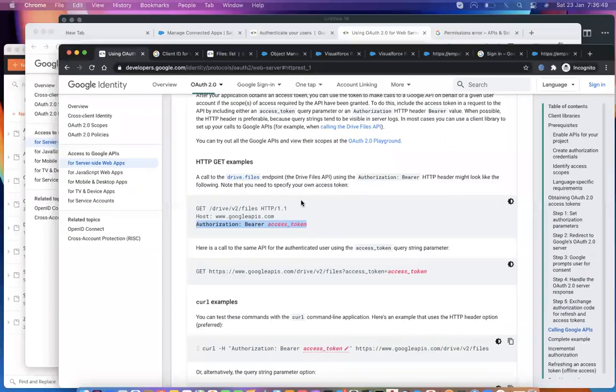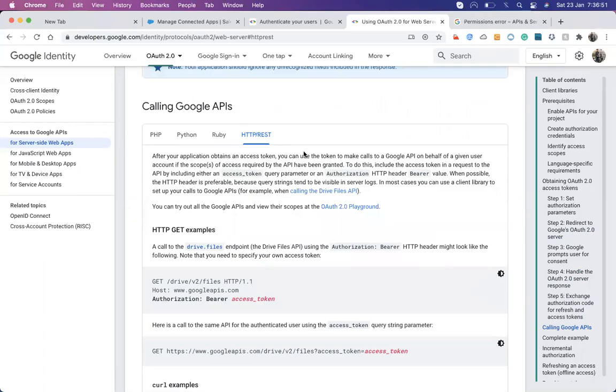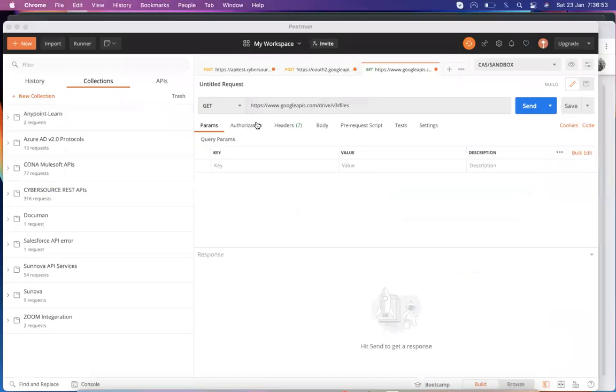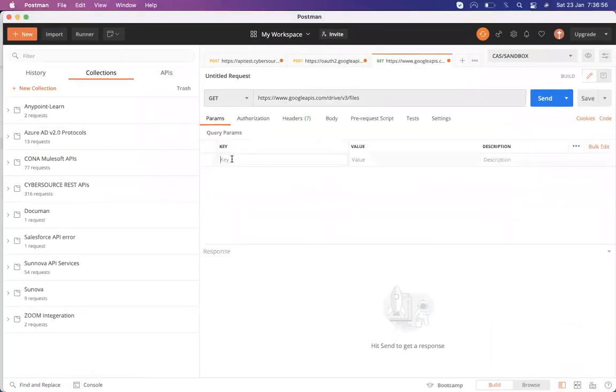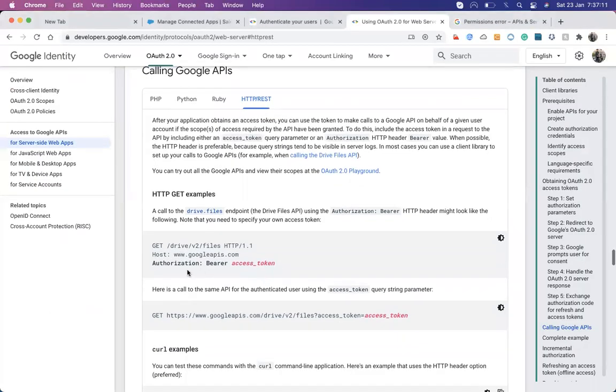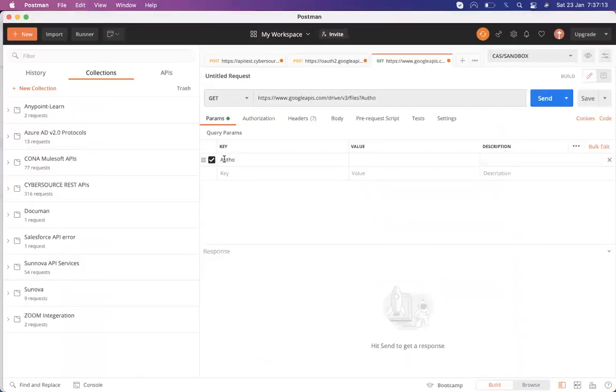Authorization bearer. So let's go to Postman. Authorization. Sorry, it will be in the header.